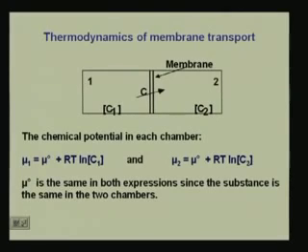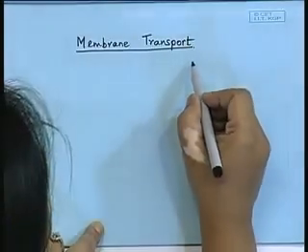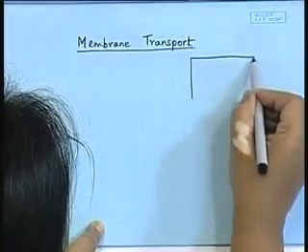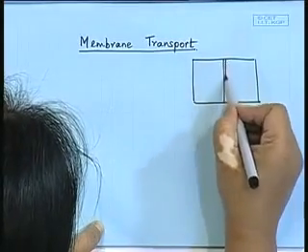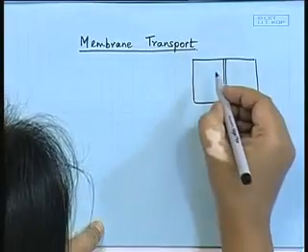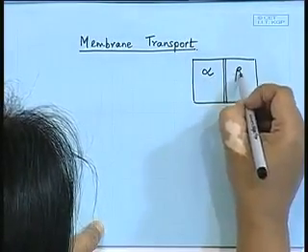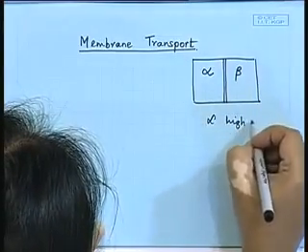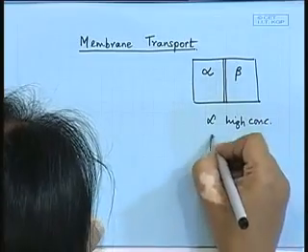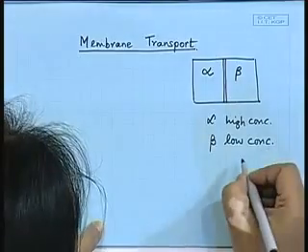If we look at this generally, we have a box here where we have a membrane and we are looking at a region, say, alpha going to beta. Alpha is a region of high concentration and beta is a region of low concentration of, say, a solute